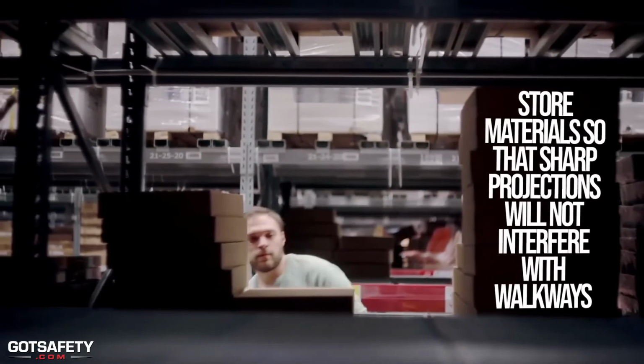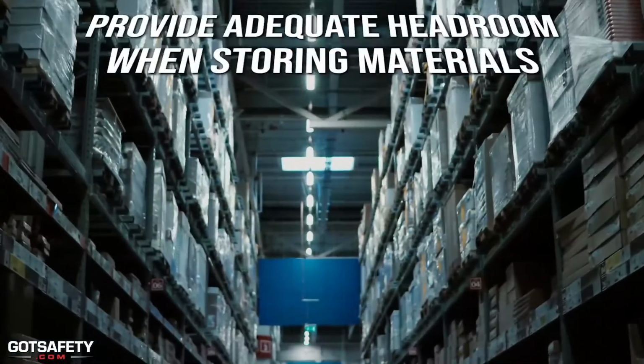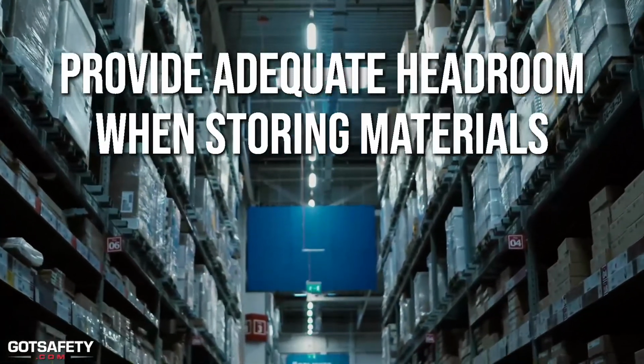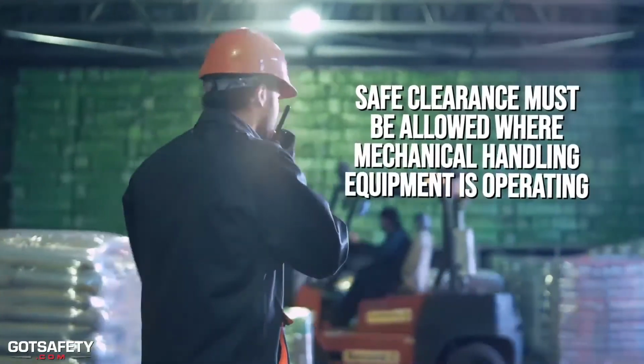Materials or equipment must be stored so that sharp projections will not interfere with walkways. Materials must be stored so adequate headroom is provided for the entire length of any aisle or walkway. Watch for trip hazards. Safe clearance must be allowed for walking in aisles where motorized